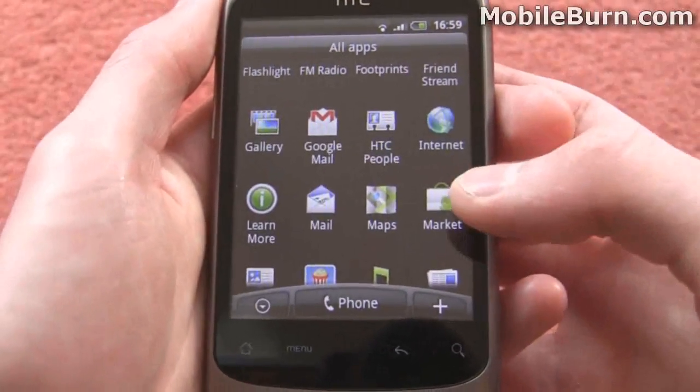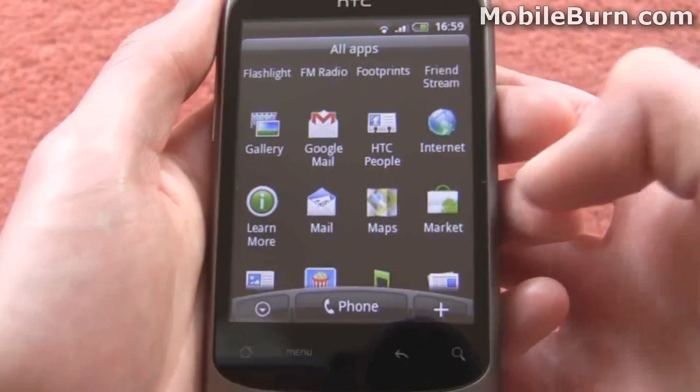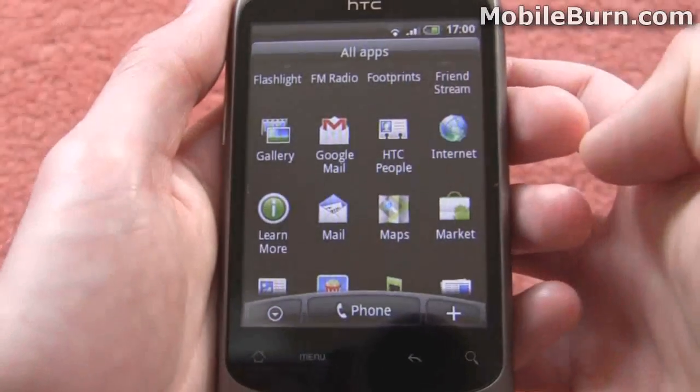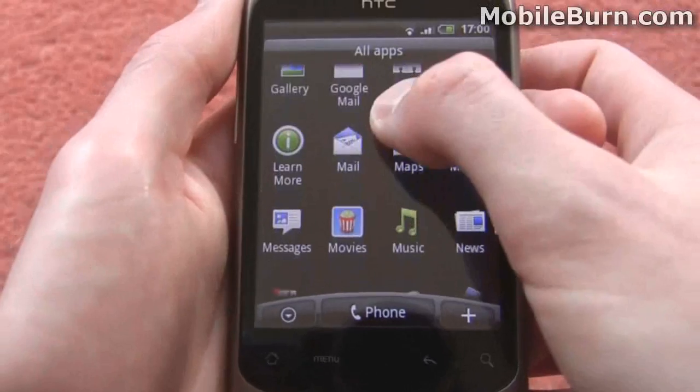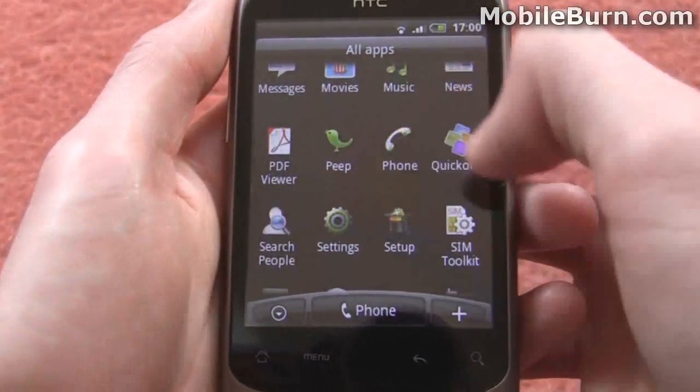You can still obviously get it from the Android market though, and it's a free app, so there's no real issue with that. I guess perhaps they just decided to make it so that you could decide whether you wanted it or not. Anyway, moving on, we've got the movies app that I've downloaded there, Quick Office, PDF Viewer, HTC's